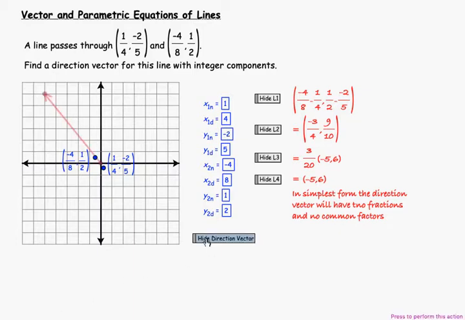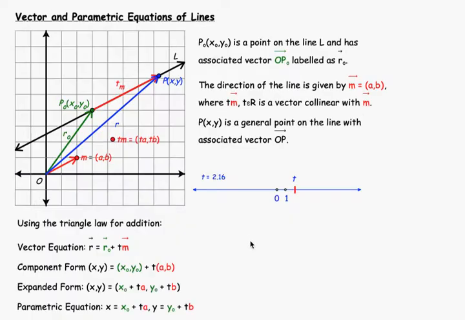And let's show what that direction vector would look like. And this is parallel to this right there. But this direction vector here, integer components, and we can see we can't get any simpler than that. On our next slide now,